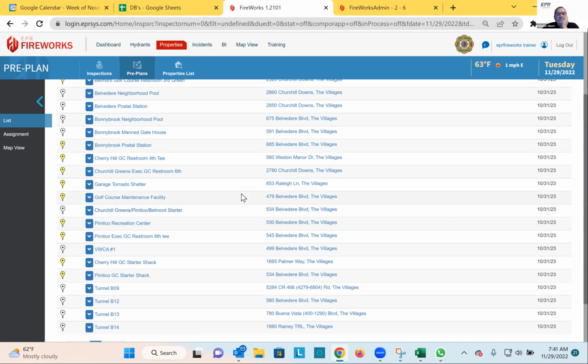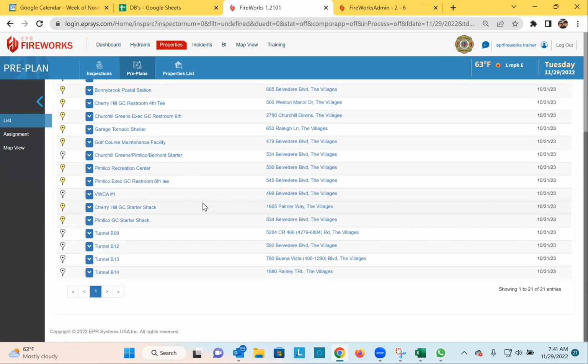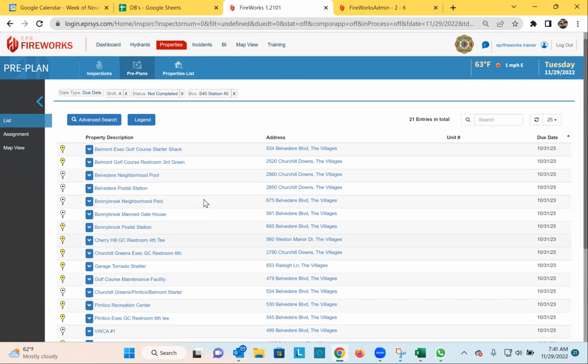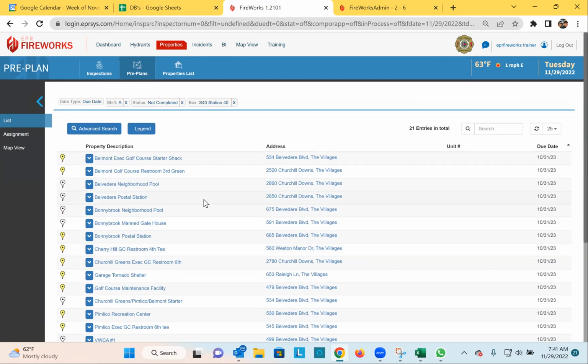I think that could be built in, so it automatically comes up and shows them what needs to be done, because it says plans due today, stuff like that. So I would think that might be easier for the crews to go to the dashboard and see something like that pop up. Well, no, this is going to actually be easier, because what this does for your crews,